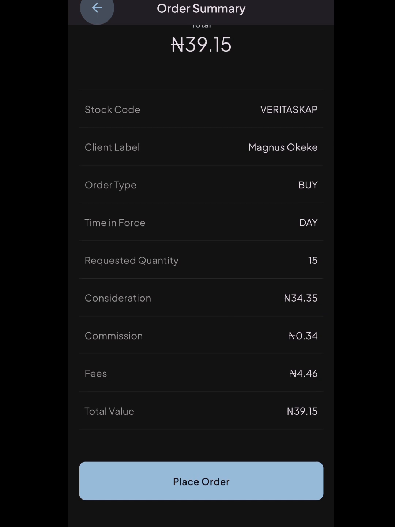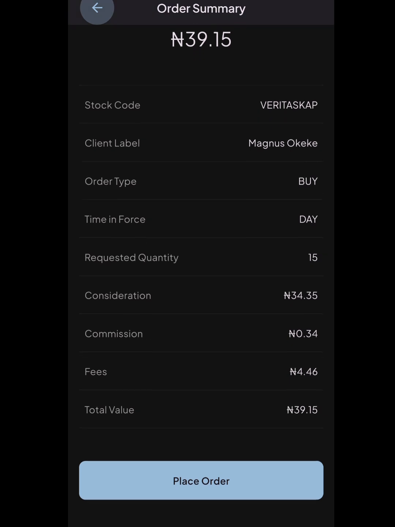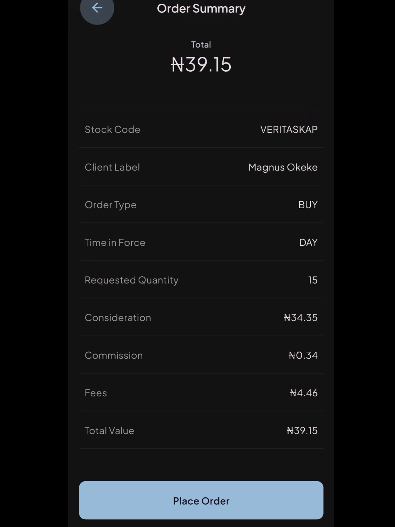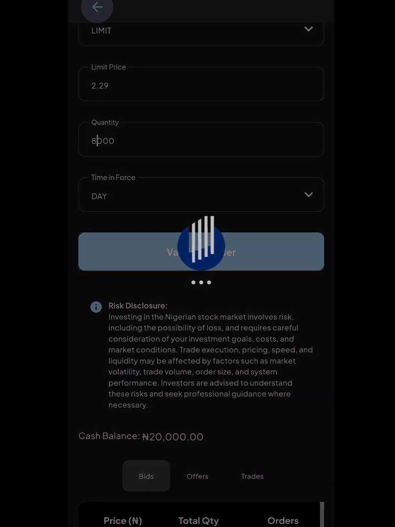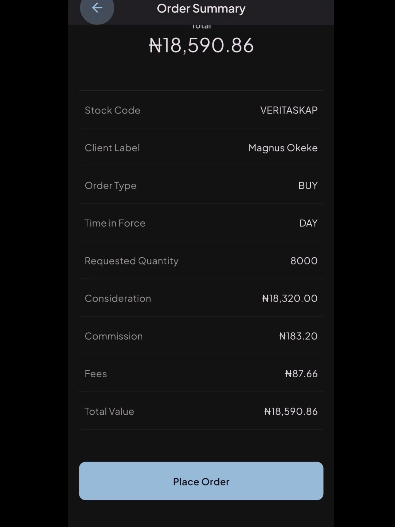Now it gives us a summary here. Because I selected 15 shares, the total should be somewhere around here. Well, the total is actually 39 naira, and remember, we have more than 39 naira. So let's go back to about 8,000 shares. Okay, so 8,000 shares is 18,000 naira at the price we set,